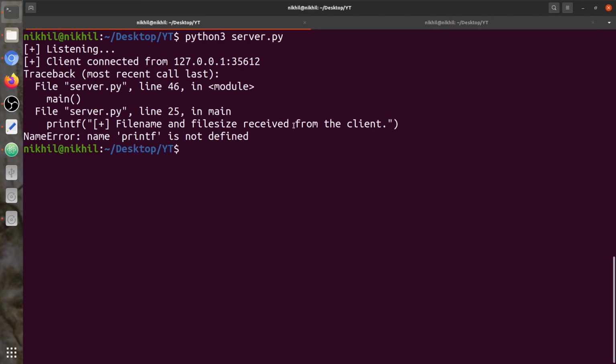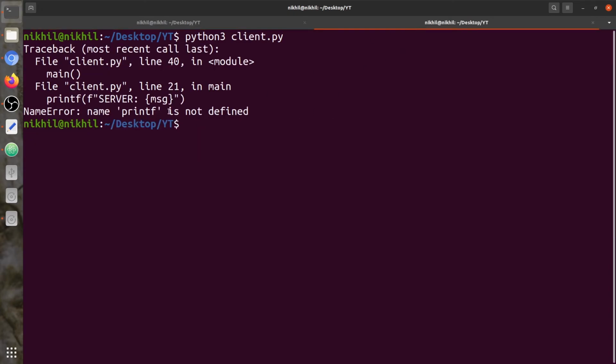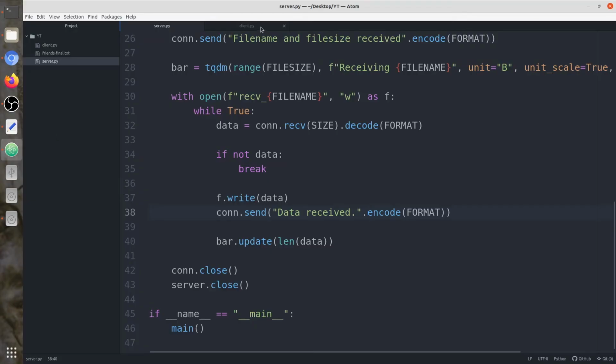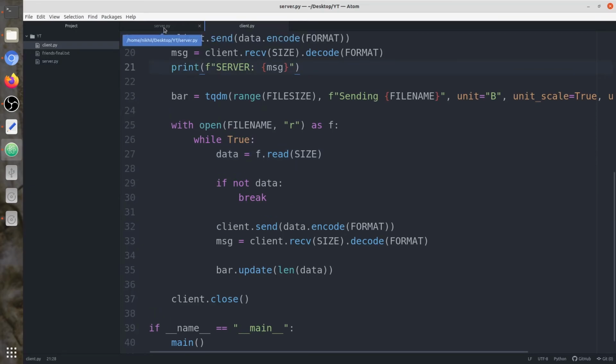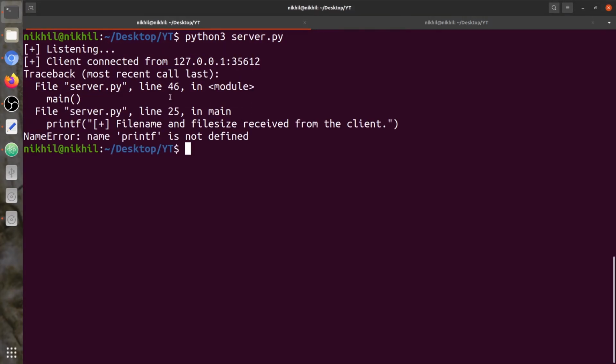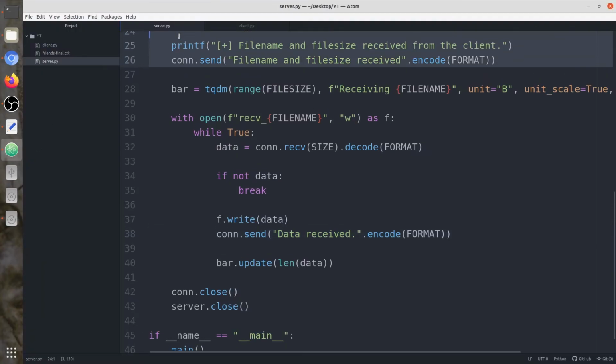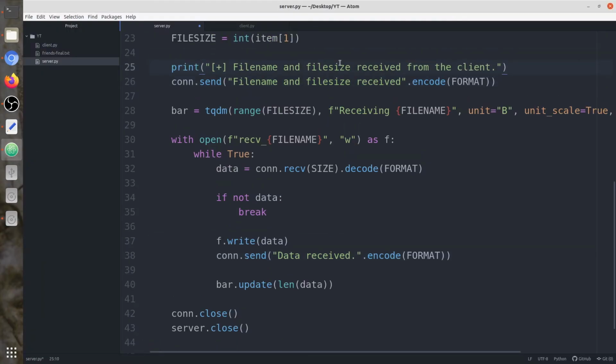I also work with the C programming language, so I have a habit of sometimes writing printf. So on line number 21 on the client part, it should be print. And the same thing on the server side, on line number 25, we have this printf. It should be print, not printf.